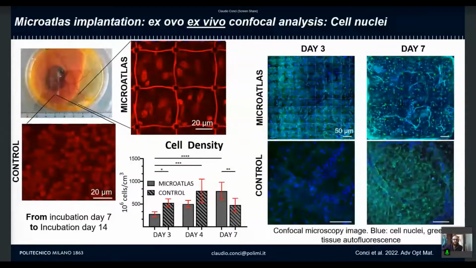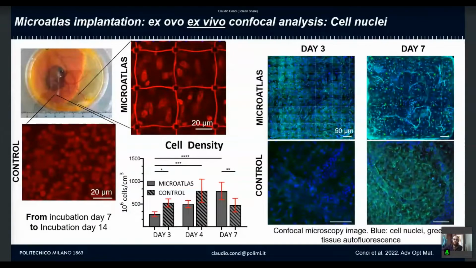So the left-hand side of your slide is the control. As you can see from the graph below, results show a stability in cell density in the control region, giving no significant difference at all experimental time points. In contrast, the infiltration in the Microatlas reached a comparable density with respect to untreated embryos at the third day of implantation, and exhibited a strong cell repopulation just after